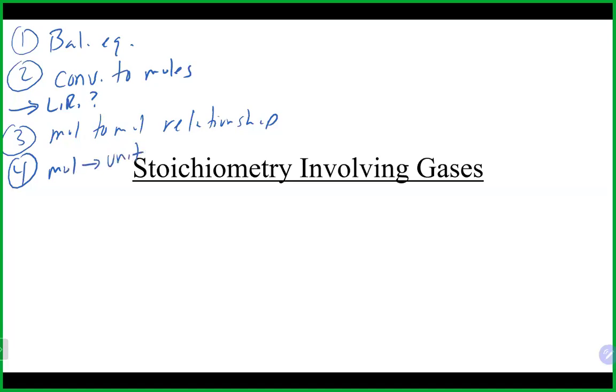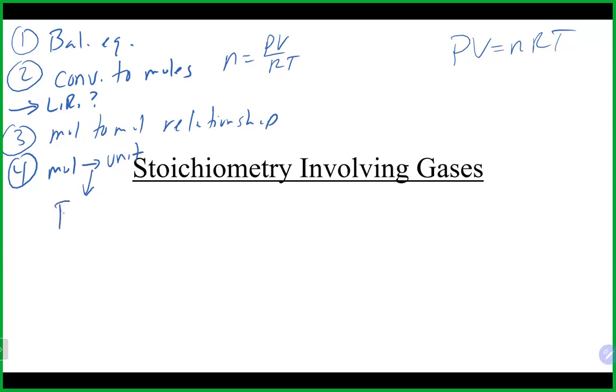So what is the main difference here when we're doing gases? Somewhere along the way, in most cases, you're probably going to use the ideal gas law or some type of gas law. A lot of times it is the ideal gas law. If you use it up front, you would be solving for moles. So it is possible to have to use the ideal gas law here to solve for moles up front instead of grams to moles. You may not have to use the ideal gas law up front. You may just do grams to moles like normal. But a lot of times, I would say maybe more than up front, you will use the ideal gas law at the end of the calculation.